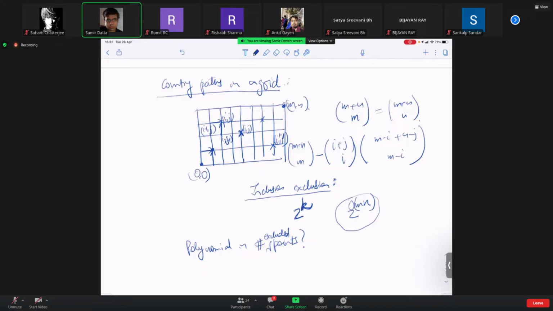So now, if you knew the number of paths from 0,0 to i minus 1, j, and the number of paths from 0,0 to i, j minus 1, then how do you find the number of paths from 0,0 to i, j? So N(i,j) is equal to N(i minus 1, j) plus N(i, j minus 1),